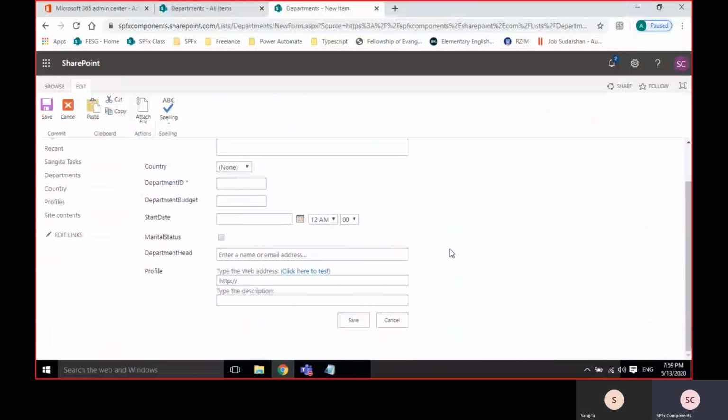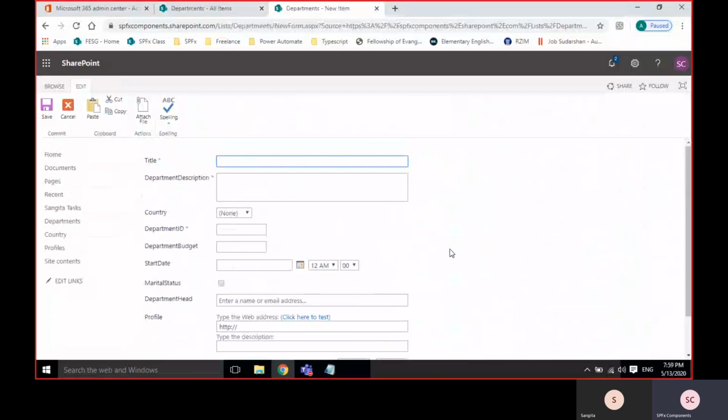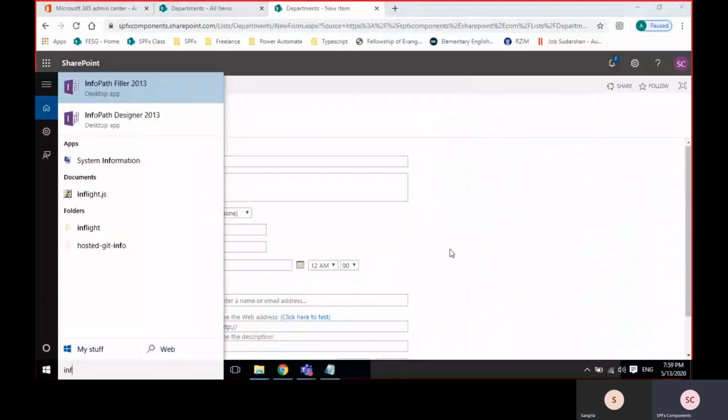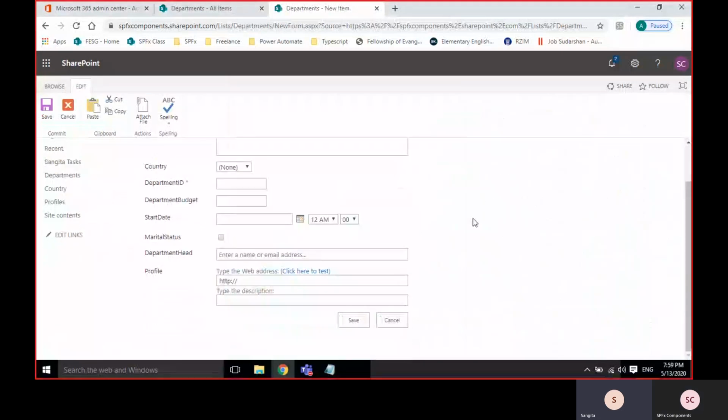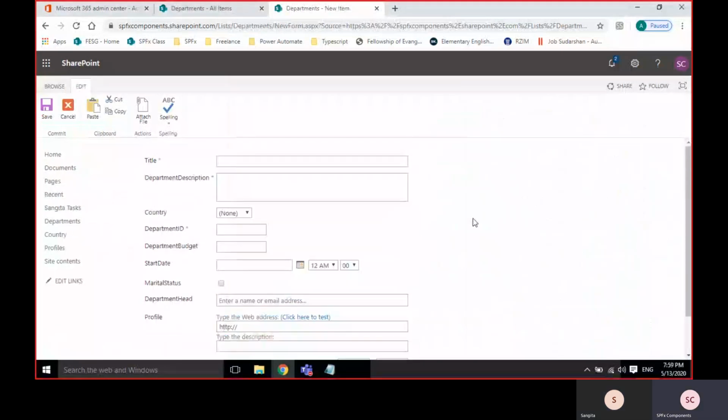I have installed it already. I'll show you after all the classes are complete. Basically, since it is customization, we will go one by one. I have planned already. Yesterday I installed InfoPath. I didn't give it to you because when we need it, I'll give you the link. You have to download and install it.